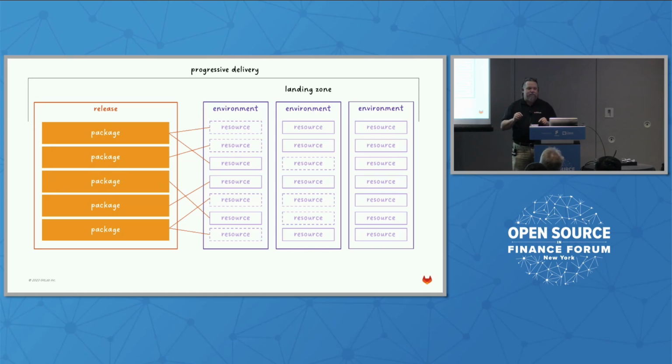And that environment is made up of many different components called resources, because some of these resources are static, my BEA WebLogic server. Some of them are ephemeral, my container that's sitting in Kubernetes. All of these different components that we have, some of them I need for one environment, and I don't necessarily need it for the next environment.